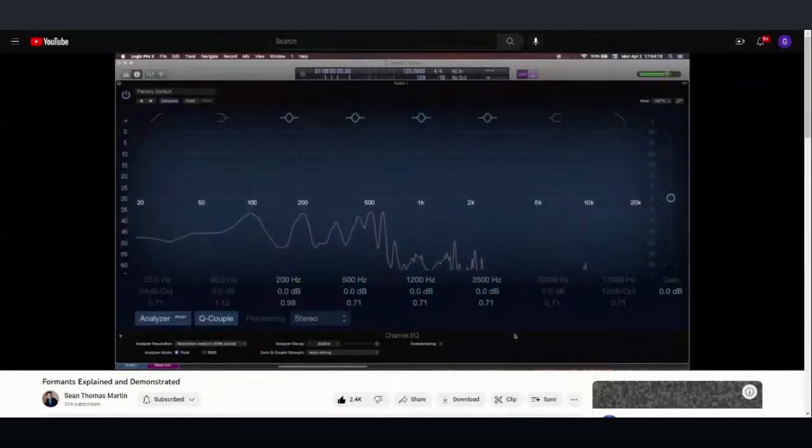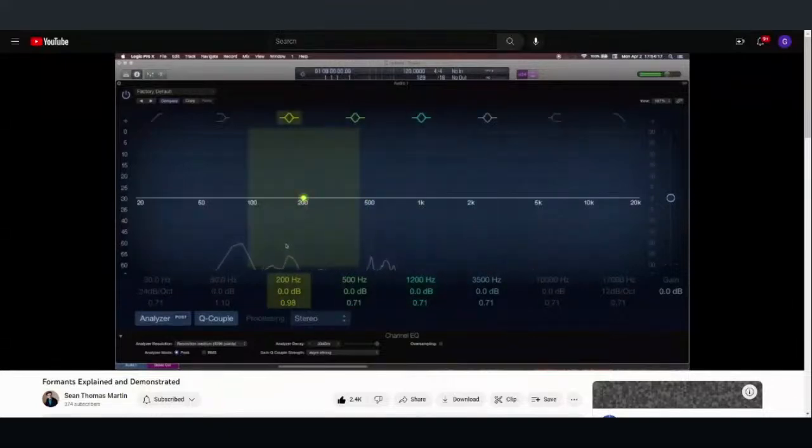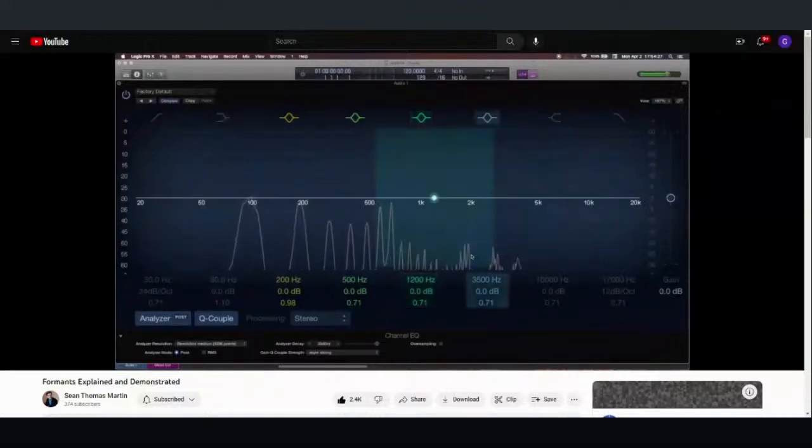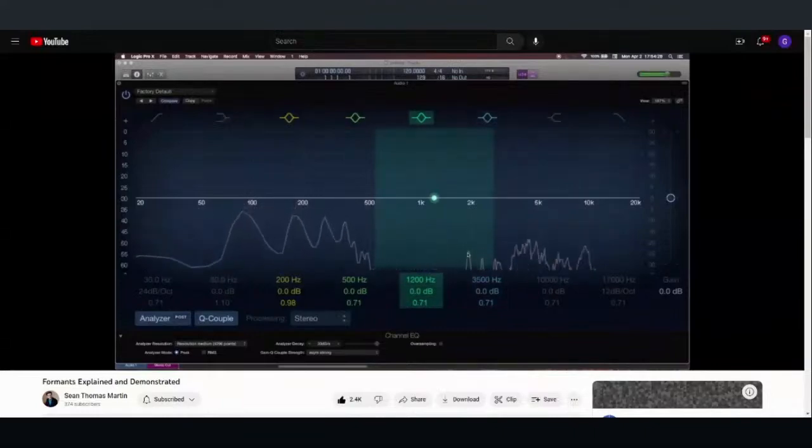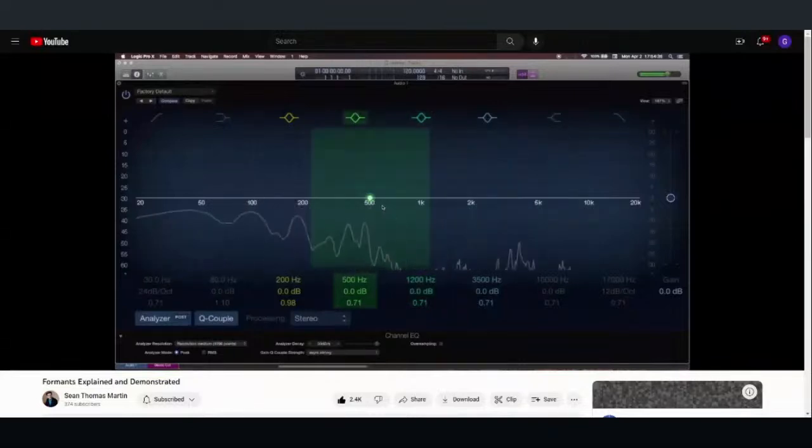I can show you where the formants in my voice are just from this graph here. Let's take the vowel e as an example. So there's a spike in frequencies around a little less than 2,000 hertz, and another one around 600 or 700 hertz.